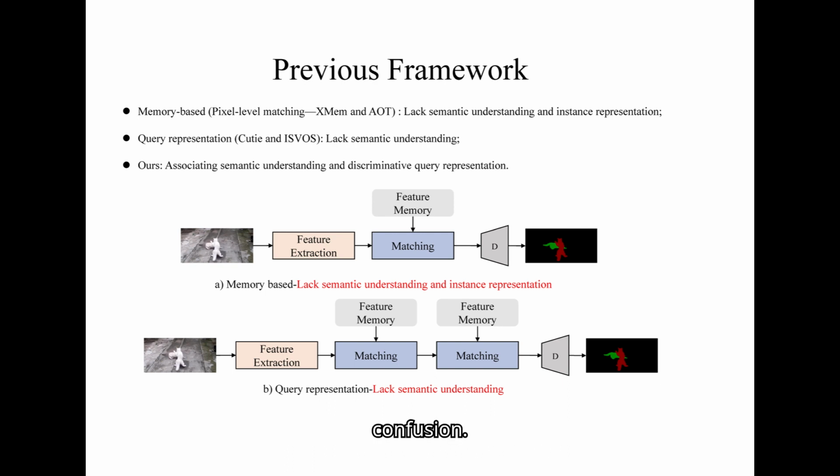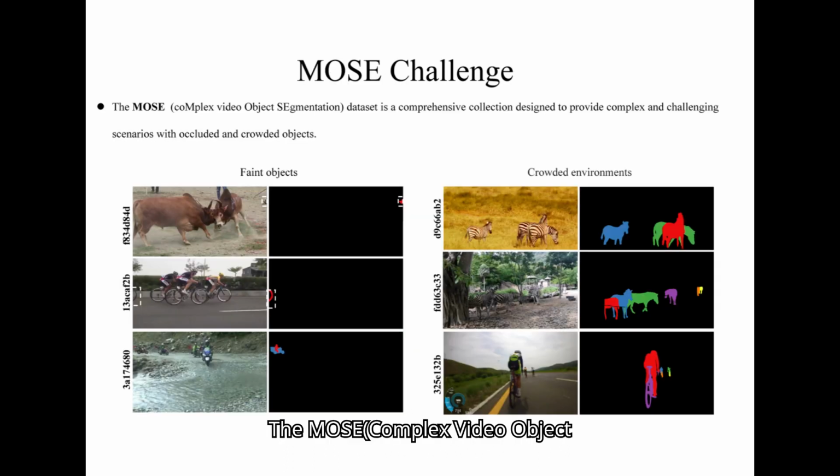thus mitigating identity confusion. The MOSE, Complex Video Object Segmentation, Dataset is a comprehensive collection designed to provide complex and challenging scenarios with occluded and crowded objects. Unlike existing datasets that feature relatively isolated and salient objects, MOSE focuses on realistic environments, highlighting the limitations of current VOS methods and encouraging the development of more robust algorithms. This dataset is crucial for advancing VOS technologies to perform effectively in real-world applications where object interactions and occlusions are